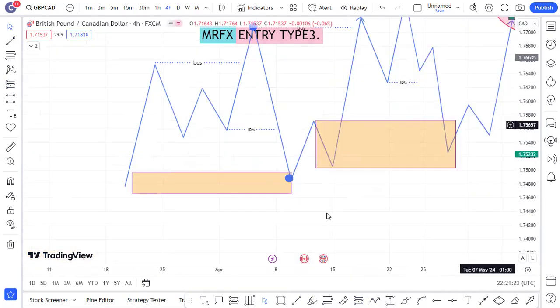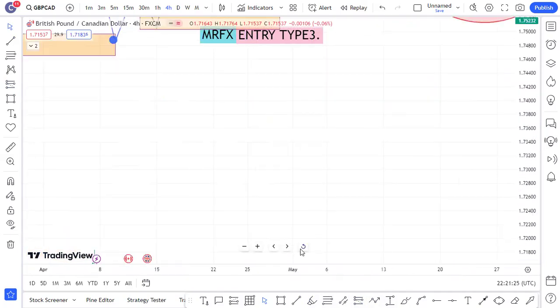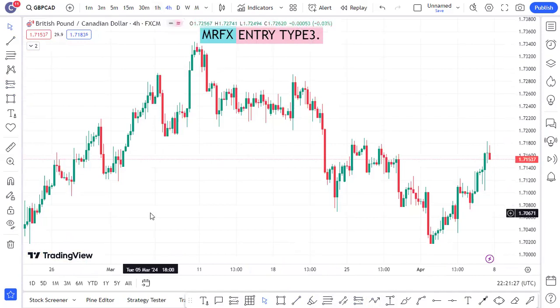So let's come back to this market right here and try to see this practically. This is a 4-hour time frame. The pair is GBP/CAD. And on this particular pair,